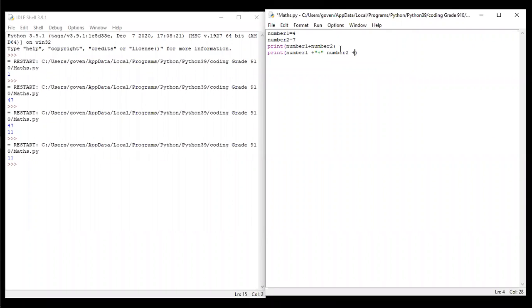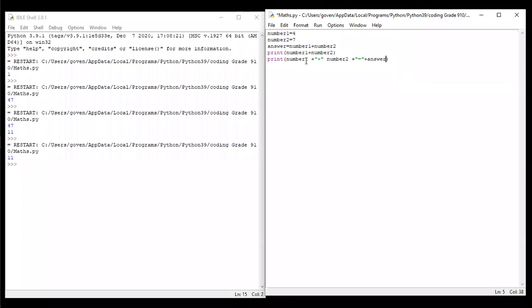I'll open quotes, put a plus sign in front, is equal to, and I can go, let's create a third variable, answer. Answer is equal to number 1 plus number 2. So I can go plus